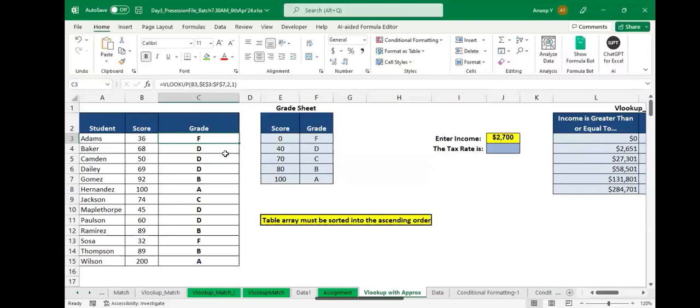ये लास्ट का 2 और 1 कैसे आया अनुप, आप एक बार फिर से बता दो। लास्ट में जो 2 है, 2 तो हमारा कॉलम इंडेक्स नंबर है ना। अगर आप स्कोर के बेस पे ग्रेड देखेंगे तो ग्रेड सेकंड कॉलम पे आ रहा है ना। हाँ, ग्रेड सेकंड कॉलम पे आ रहा है। और 1 हो गया हमारा अप्रोक्सीमेट मैच के लिए।